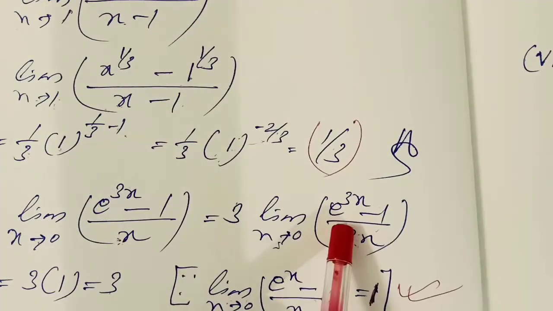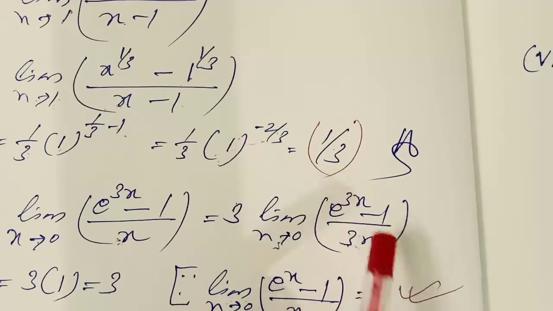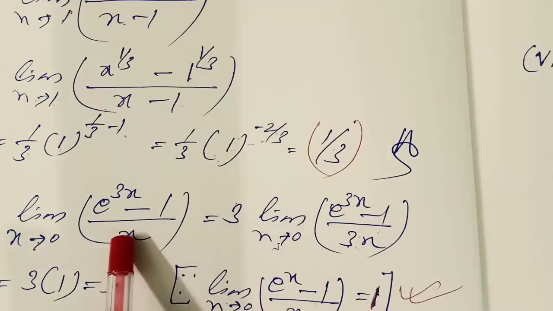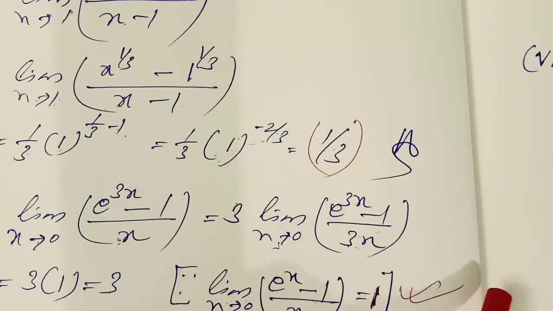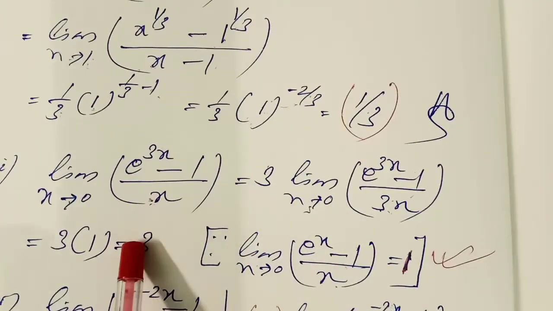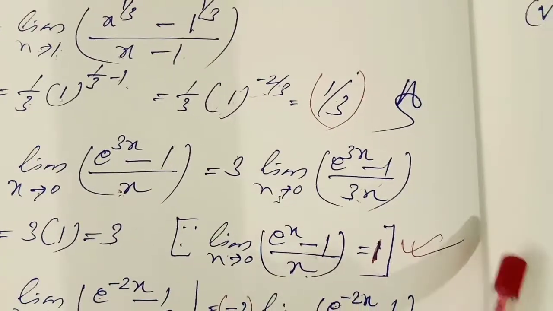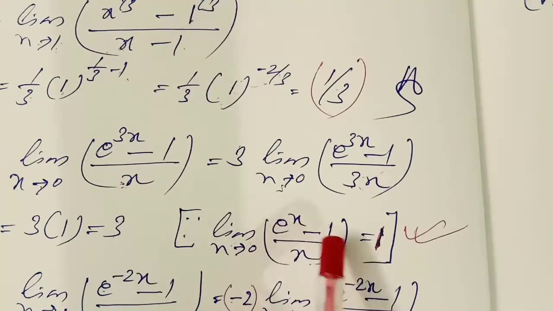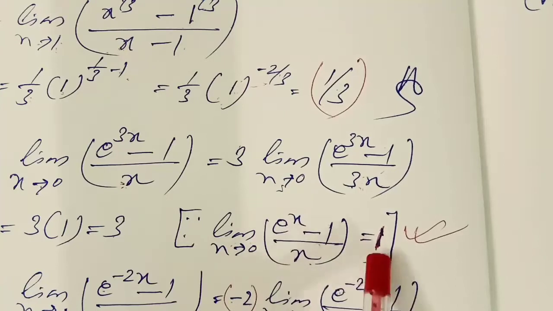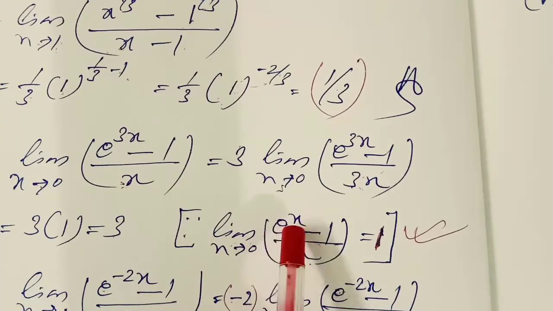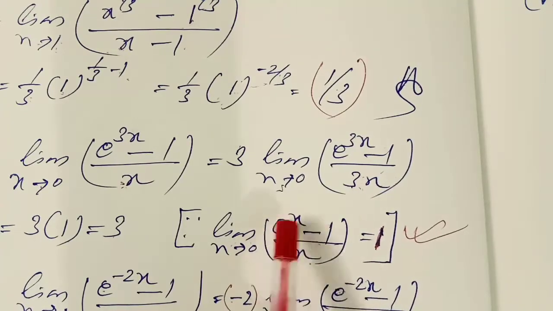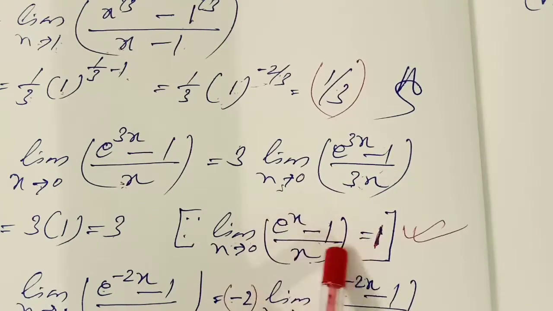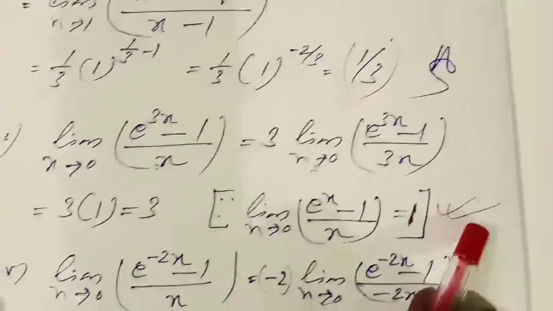Why did I multiply by 3? Because I have to write e to the 3x, so I have to write 3x here. 3 is not there before in the question. I multiplied 3 here and here also I multiplied 3. That means 3 is adjusted. Okay, now what is the answer? That will become 3 into 1, that is 3. Because the formula is limit x tends to 0 of (e to the power x minus 1) by x, and the answer is 1. Whatever is in the power of e should be written in the denominator. If it is e to the power 5x, I have to write 5x here. If it is given e to the power x square, I have to write x square here. If it is given e to the power sin x, I have to write sin x here. Then the answer will be 1. Okay. Next question, number 4th part.